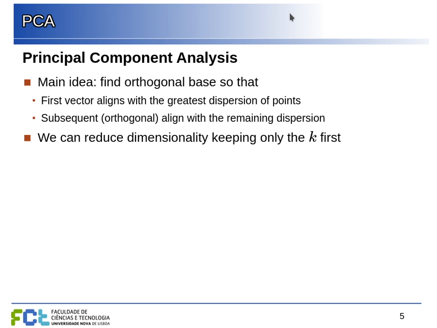Basically, the first vector will be aligned with the direction where our points are more spread out, and then we will choose a second vector perpendicular to the first one that is aligned with the most remaining variance, the most remaining dispersion, and so forth and so forth. And we keep the first k vectors so that we reduce from our original dimension to k dimensions,